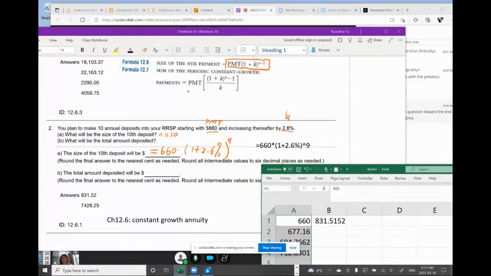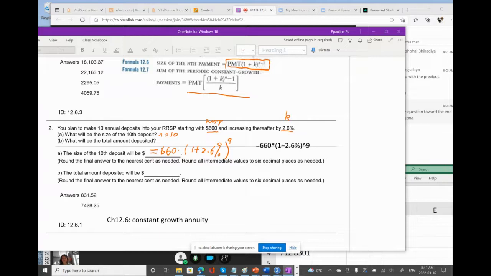So the formula is this one here. Sum of periodic constant growth formula. It is formula number 12.7. Okay. So to use that formula,